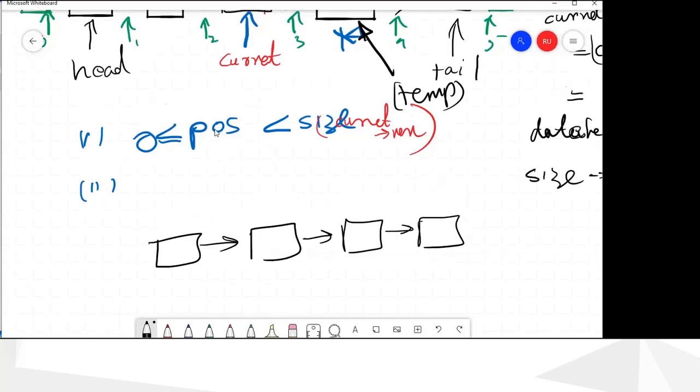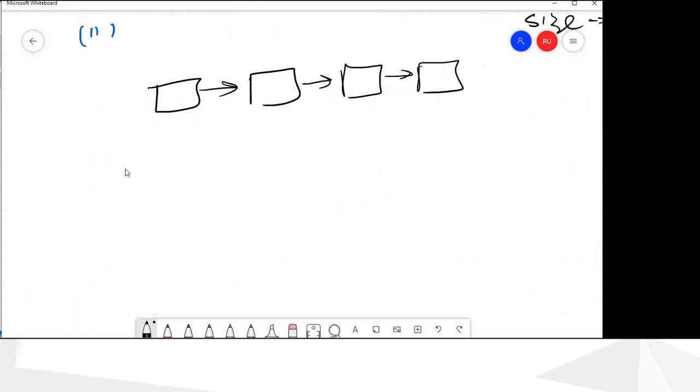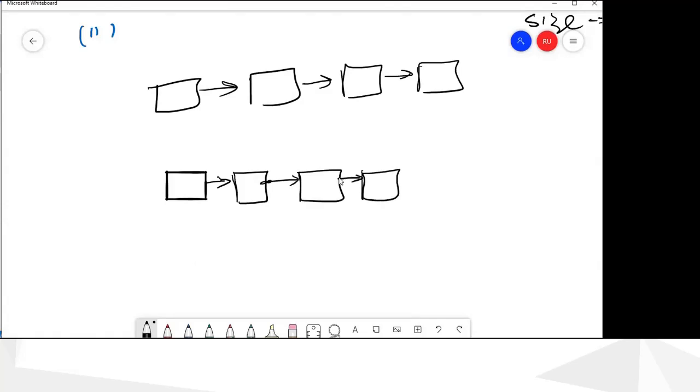In the next lecture, tomorrow, we will discuss a linked list where you can go both ways. Here we have links both ways, and all others are the same.